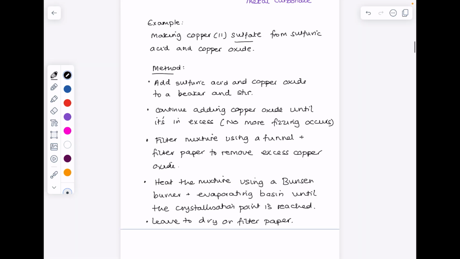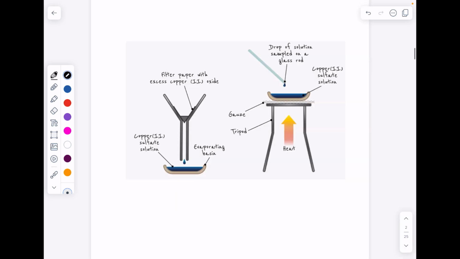So zooming out, here's my detailed method as to how I'm making copper 2 sulfate from sulfuric acid and insoluble copper oxide. I just want to show you the apparatus. So we've already reacted our copper oxide together with our sulfuric acid. We've made sure the copper oxide is in excess, so then we're using the filter paper and the funnel to remove any unreacted copper oxide, leaving us with a saturated copper 2 sulfate solution, which we've placed in an evaporating